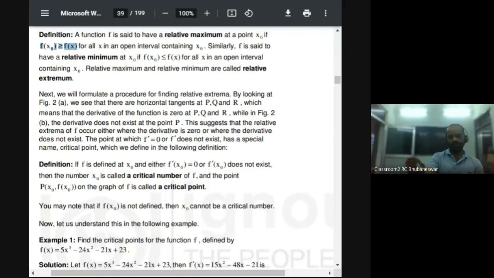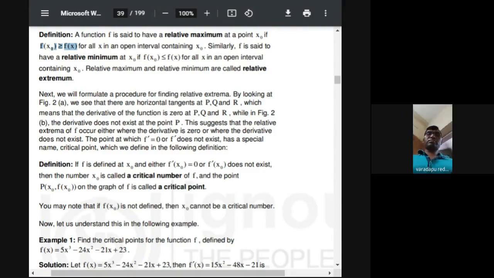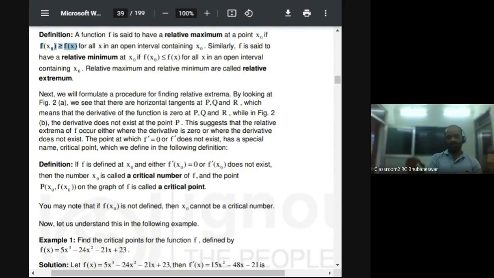Now let us focus on this expression. Here we have f of x0 is greater than or equal to f of x. This inequality holds for each and every value of x in an open interval containing the point x0. Whenever this condition is satisfied by a function in a certain open interval, then we say that